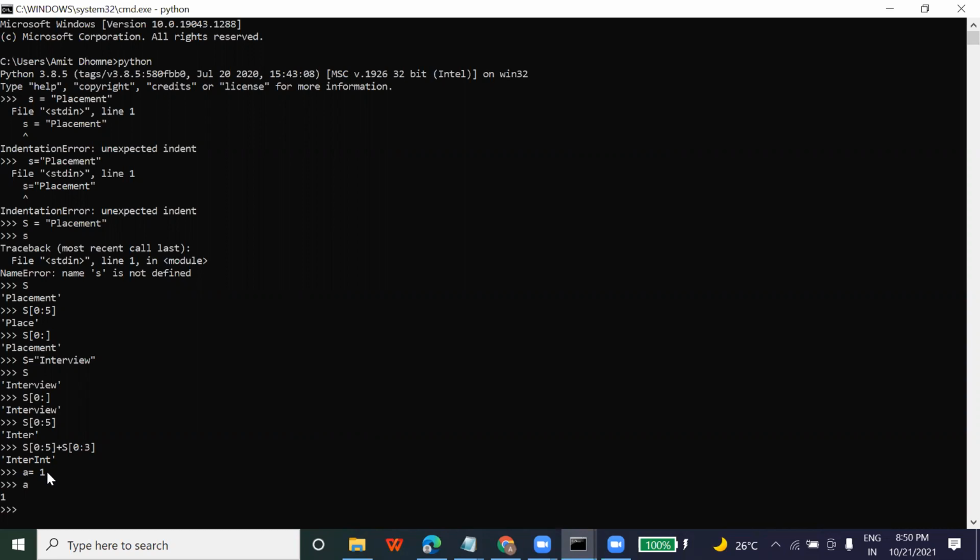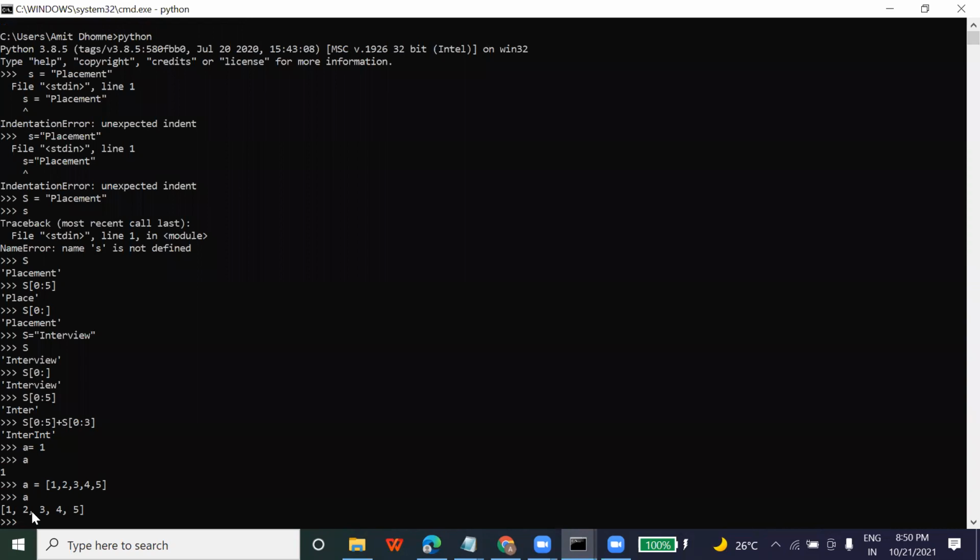But what if you want to save multiple values to the variable? Then you just have to write the values inside square brackets, like 1, 2, 3, 4, 5, and then you just print this. You can see multiple values saved inside the variable A. Do you understand the difference between these two?